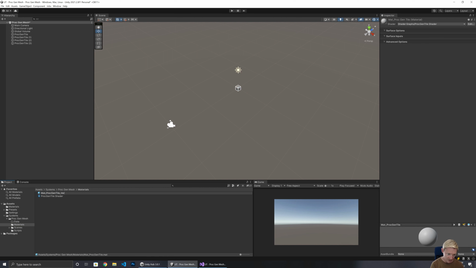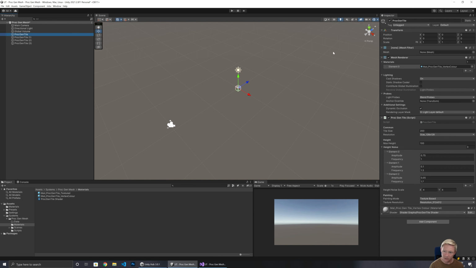So that one I'll call vertex color, whereas this one I'll say is textured. And this one actually can just return back to being the default. We'll go for Simple Lit. And so then our texture here, Procgen tile. So this one I'm going to rename textured, whereas these are vertex colored,